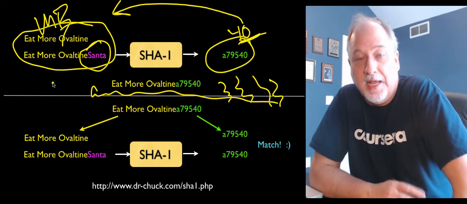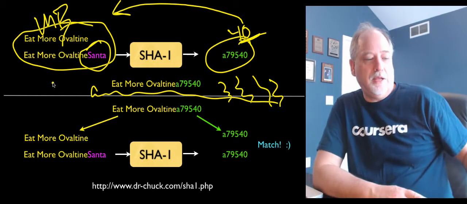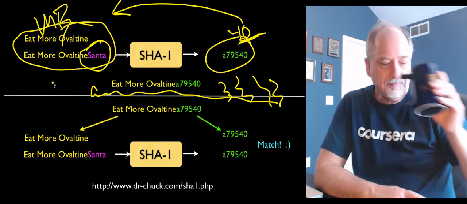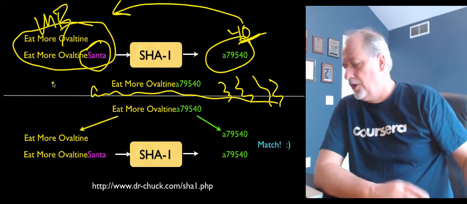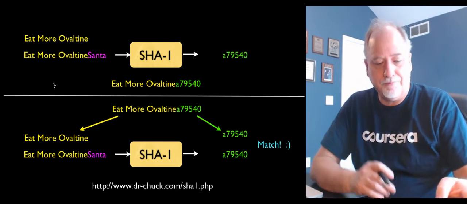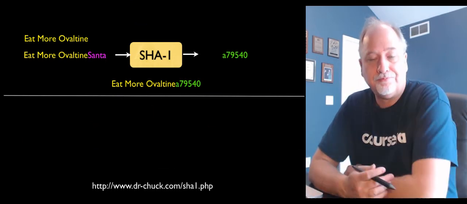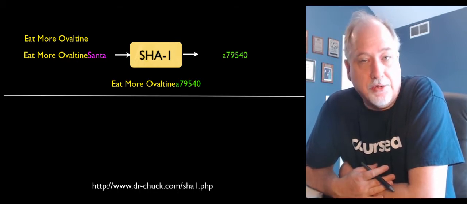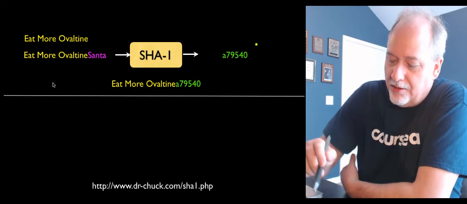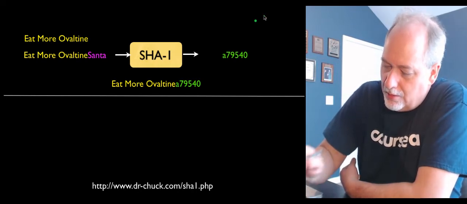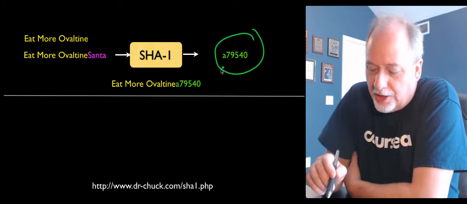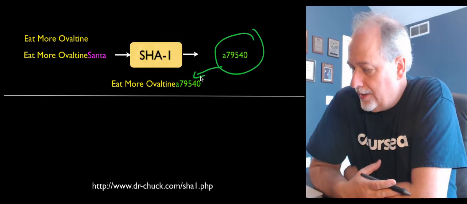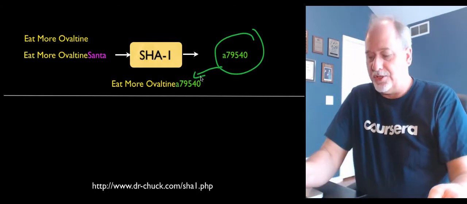So we have to assume that Annie's okay, and that Annie was not compromised like in James Bond movies, for example, where they were trying to get the secret from the good guy. Okay, so let's go and do this again, right? So here we go. We want to send "eat more Ovaltine." And the secret's Santa. And so we do the same thing, and we end up with that, and then she concatenates it, and this is all done in Annie's bedroom and secret thing, and then she sends it. Okay, she sends it to us,